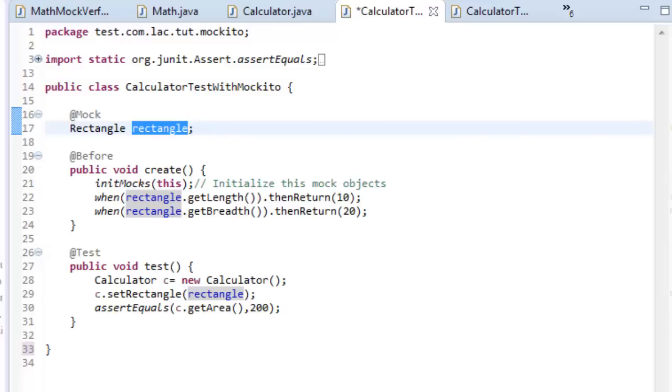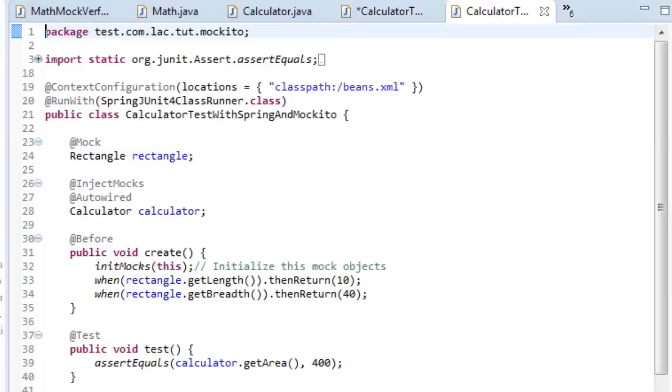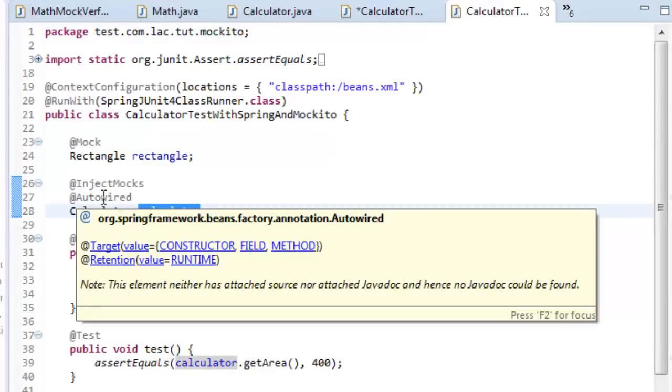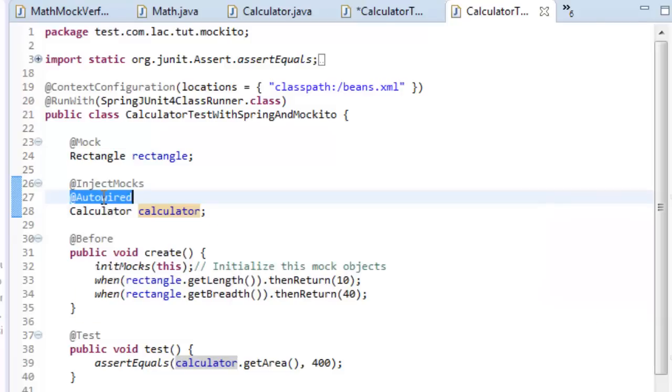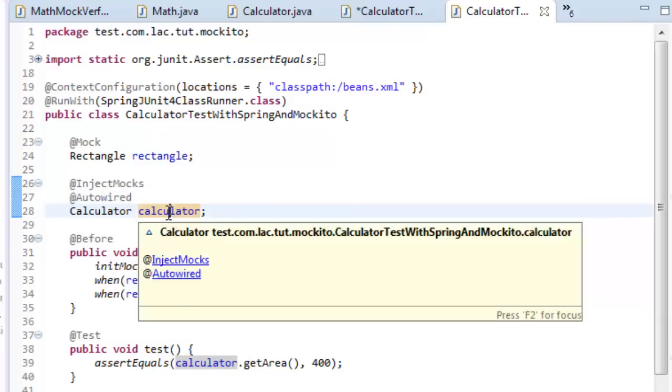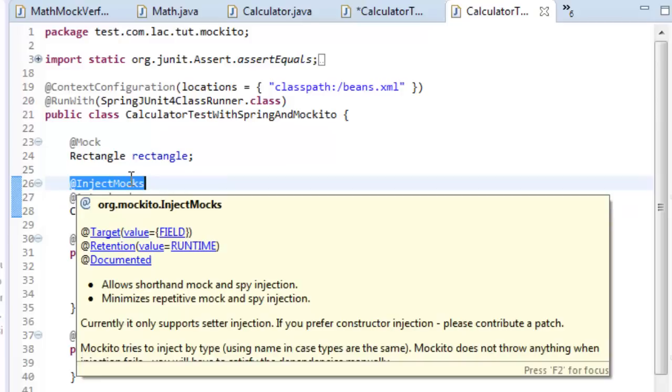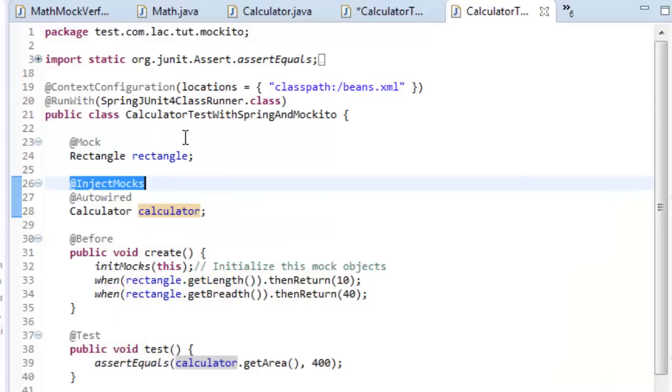Now let's slightly modify our program with Spring and Mockito. Here you can see that the calculator object is created with the autowired annotation by Spring. Spring automatically creates the calculator object with InjectMocks. The annotation InjectMocks of Mockito will inject the mocked objects into the calculator bean.